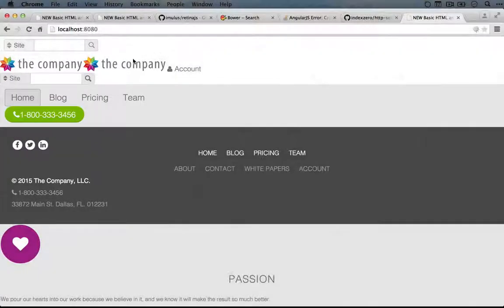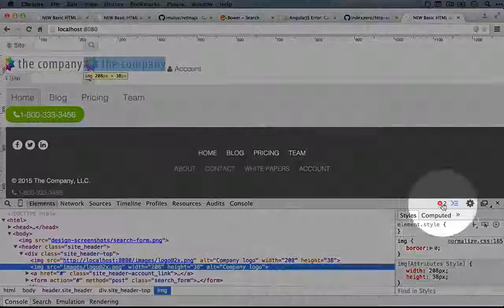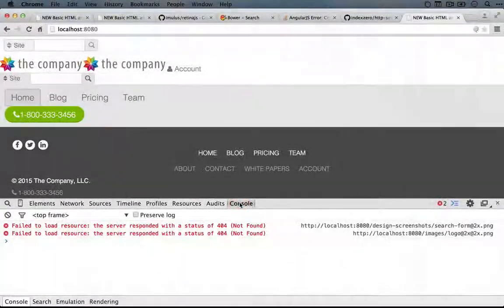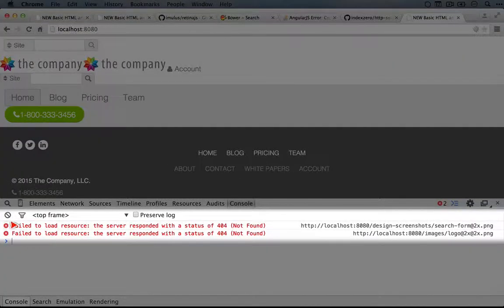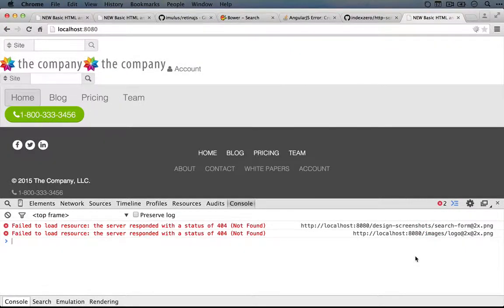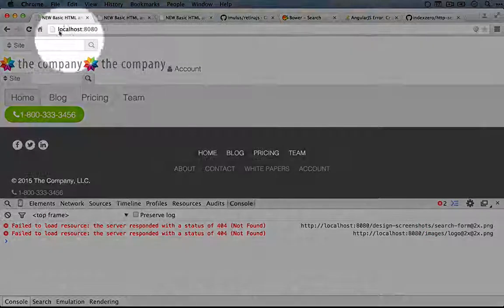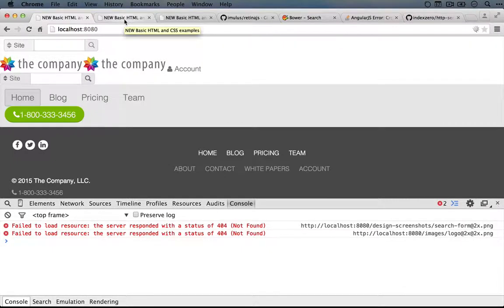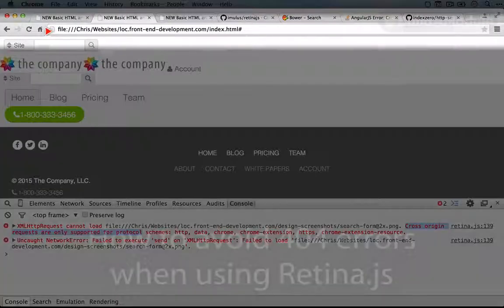So let's do that. I'll replace it there, paste it in the address bar and hit enter, and here we go. Now if we open up DevTools, we'll see that we still have some errors, but if we go to the console, it's just telling us that it failed to load these two different images. So it appears to me that Retina.js is working. Okay, so from here on out, we'll go ahead and use the server so that we don't run into these file access issues anymore. So I'll close out the reference to our file,